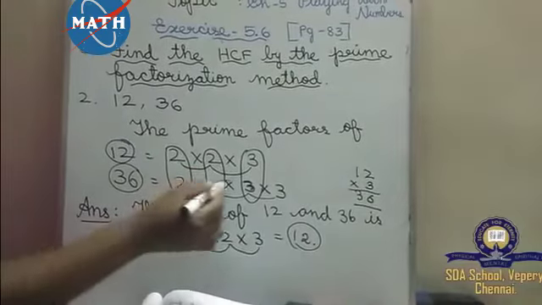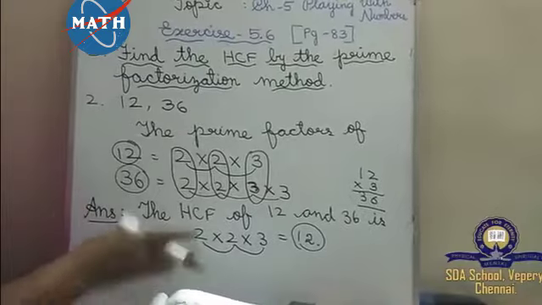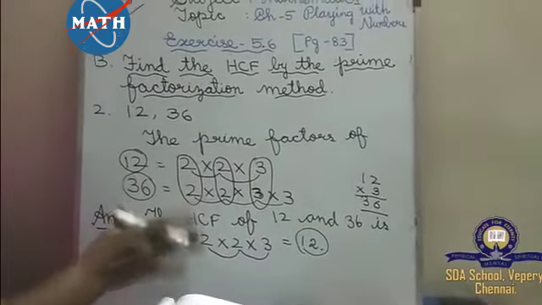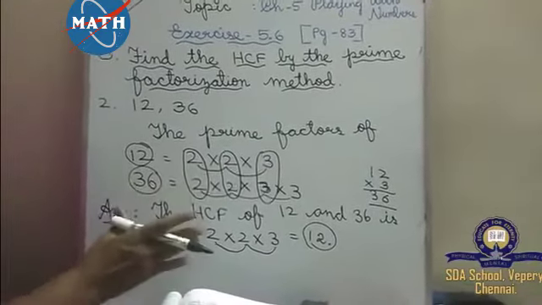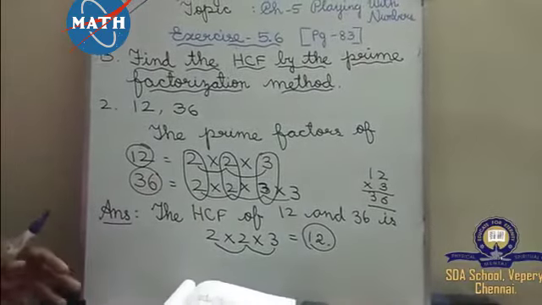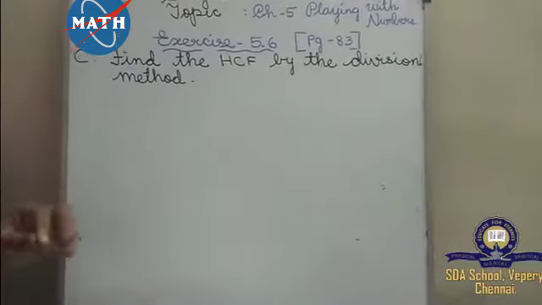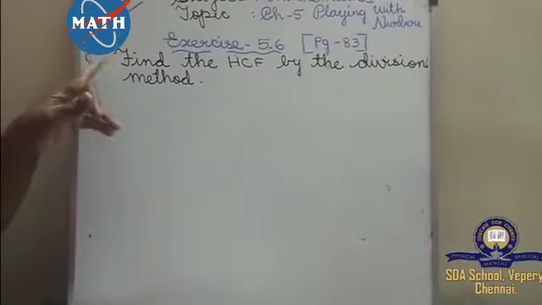Okay, children, you have to multiply this one. So I didn't give homework for this one because it is the same sum as it is. But what you can do, you can practice at home. Understood, children? We will move on to the C sum. Okay, children. Now we'll see the C one.